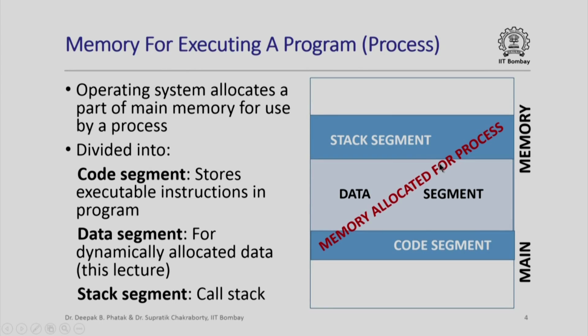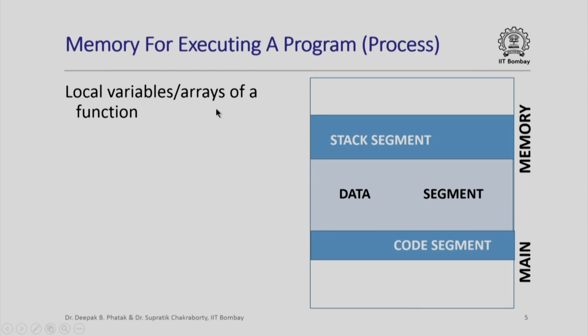and the data segment. In our earlier study, we had said that we will look at how this data segment is used later, and now the time for that has come. In this lecture and the next, we are actually going to see how this data segment is used for storing dynamically allocated memory locations. Now, when you look at the local variables or local arrays of a function, they are